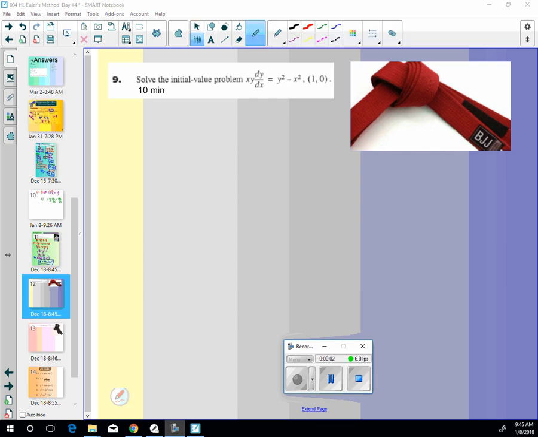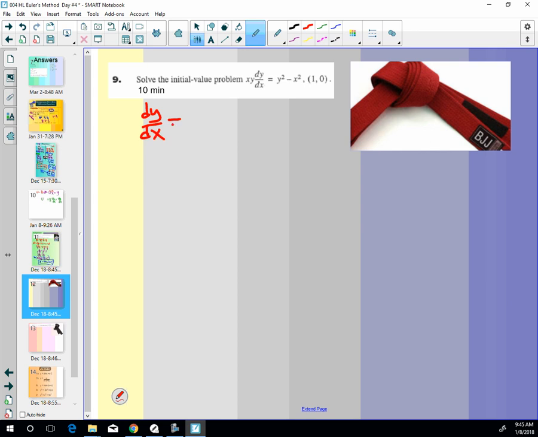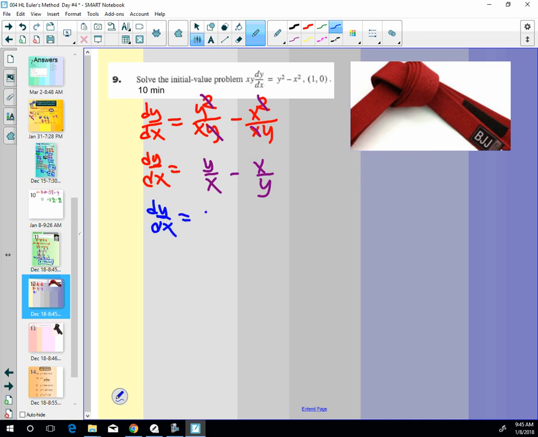So this one, if we divide both sides by xy, you're going to get y squared over xy minus x squared over xy. Everything looks fine. dy/dx equals, now we can cancel some things. You're going to get y over x minus x over y. So dy/dx equals u minus 1 over u, and dy/dx can be substituted with u